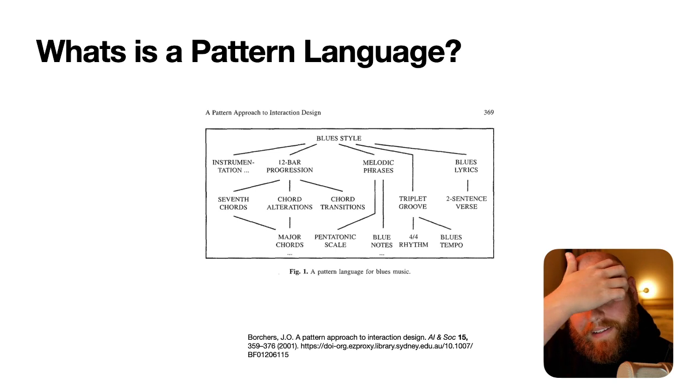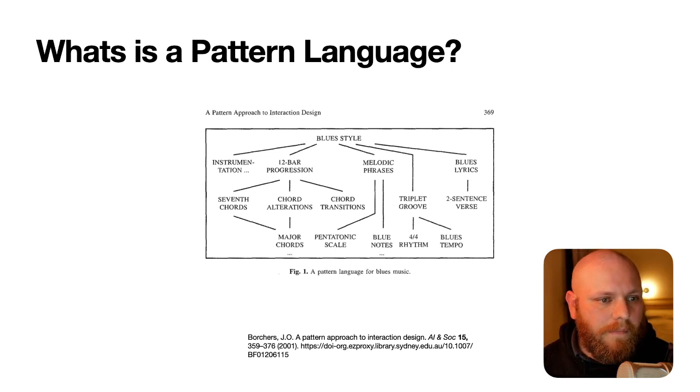So what is a pattern language? How can we generalize this idea? A pattern language, here's a convenient musical example, as is published in this paper, which is really good, and it's in the reference on the Canvas, a pattern language approach to interaction design, quite interesting paper, with lots of musical examples. But a pattern language could be something like this, a blues style as a top level category. That's the style of music we're trying to achieve. What's the subordinate category there? Instrumentation types, 12-bar progression, melodic phrases, blues lyrics. These are the kind of broad level categories that we could put into a pattern that makes up a blues